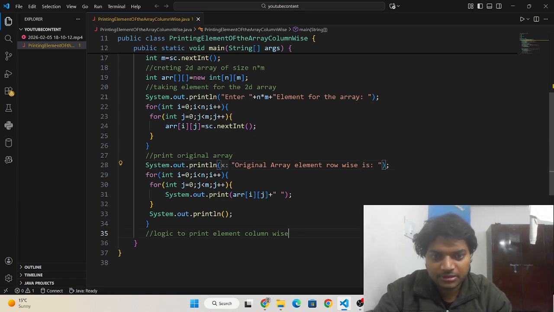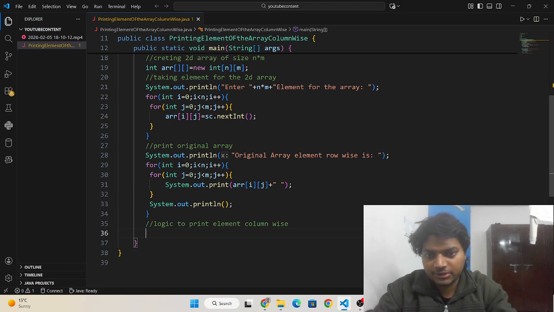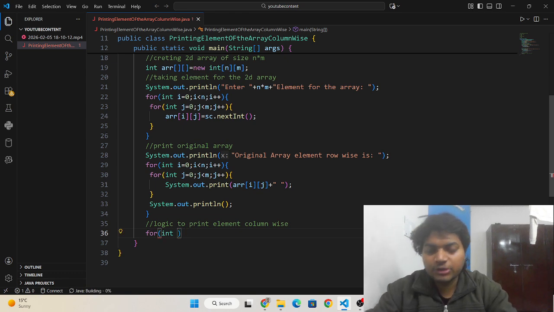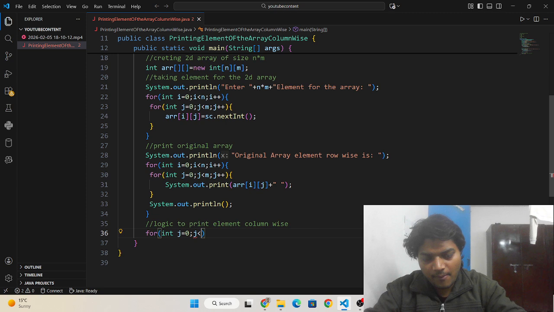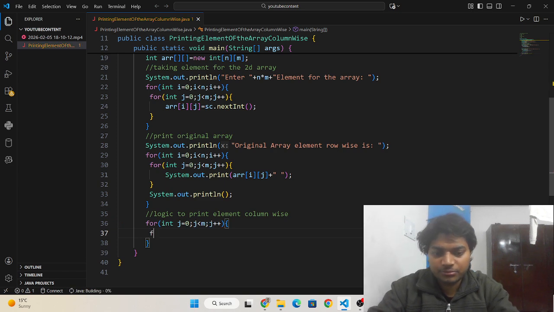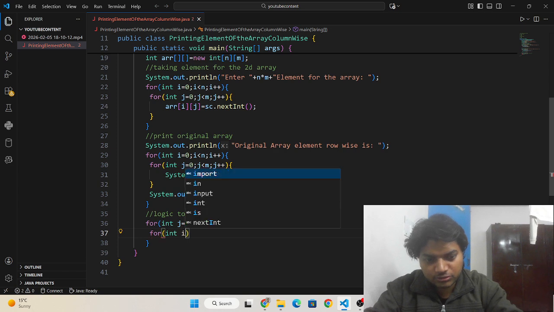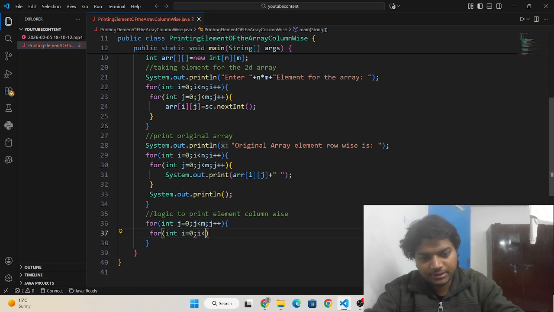Then we are writing here for int j is equal to 0, j less than m, and j plus plus, because we need to print the first column. And then for int i is equal to 0, i less than n, and i plus plus.